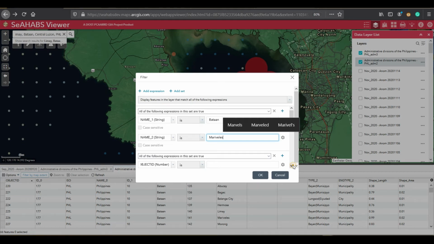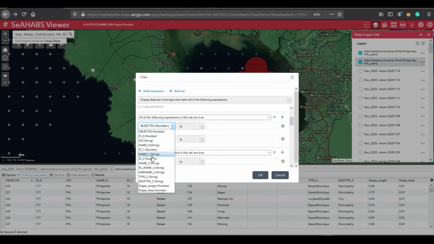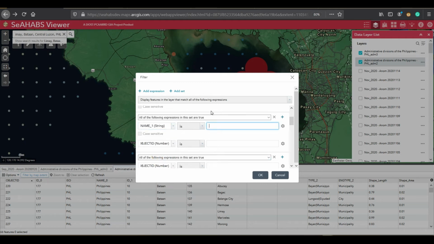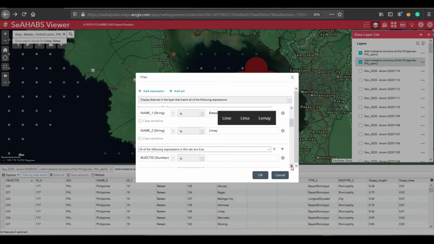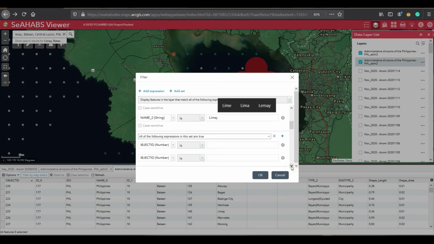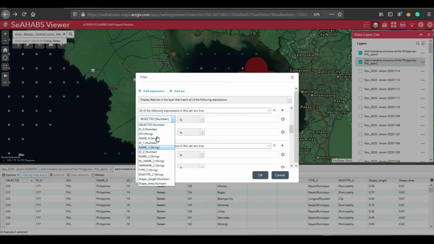Mariveles, and then next we have Limay. Here, name 1, Bataan. And do the rest for the other municipalities. So, Limay, we have